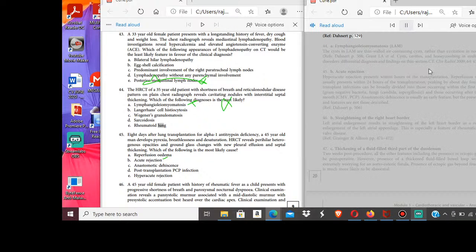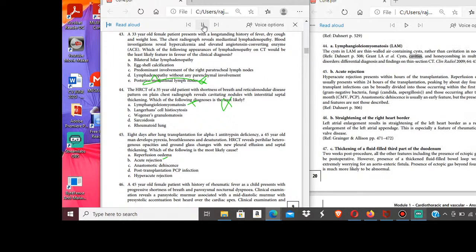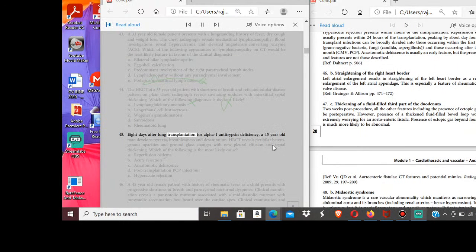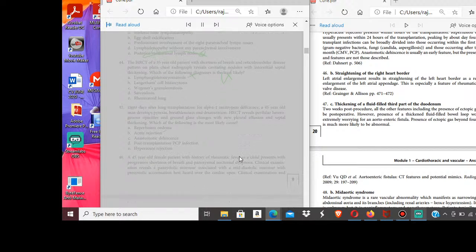44. A. Lymphangioleiomyomatosis, LAM. The cysts in LAM are thin-walled air-containing cysts, rather than cavitation in nodules. Refs. Dähnert p. 508. Grant L, et al. Cysts, cavities. Lung. 45. Eight days after lung transplantation for alpha-1 antitrypsin deficiency, a